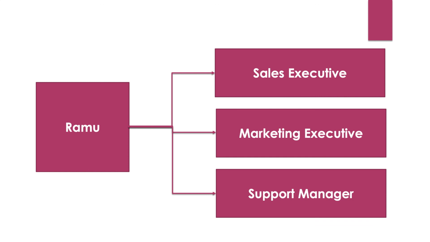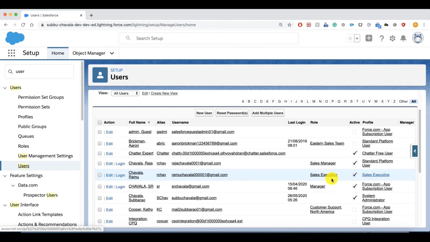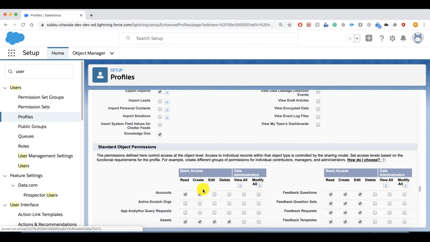Now let's see how we are going to create a permission set and assign it to a user. So see the users. Earlier we assigned the sales executive profile to Ramu. In this profile, he got only read and create permissions. Now I want to give edit and delete. Do I need to create another profile? We can give that by creating another profile also, but I really don't want that. If I create a new profile, how many profiles will I create with a different set of permissions every time? If I assign Ramu to sales representative, then he will be able to read, create and edit, but cannot delete the records of objects. So in that situation, permission sets work very well.